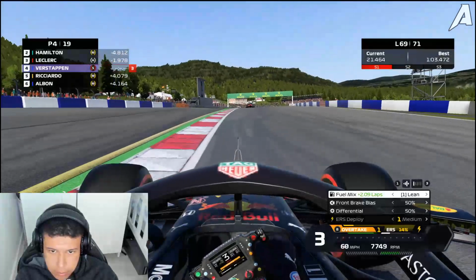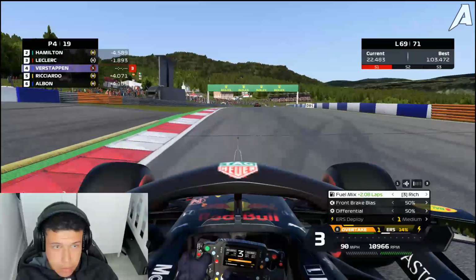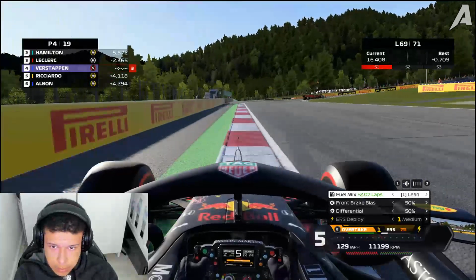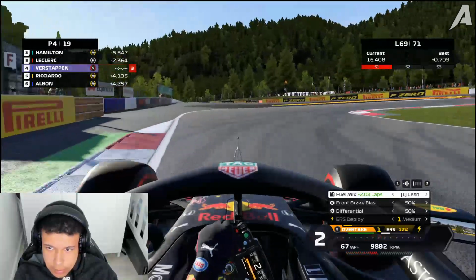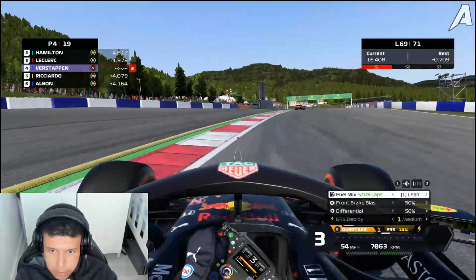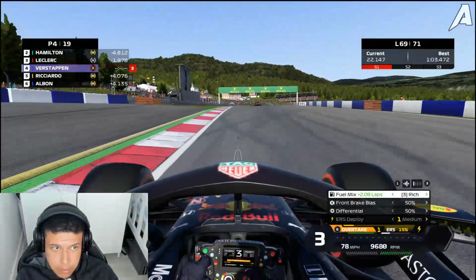And this corner is actually quite underrated because you can easily lose the rear of the car here, especially when you are trail braking. You have to remember that the nose of the car is pointed, so you're getting a lot of downforce, a lot of turning from the front of the car, so you really need to keep the car stable so that you don't lose the rear of the car and lose a lot of time